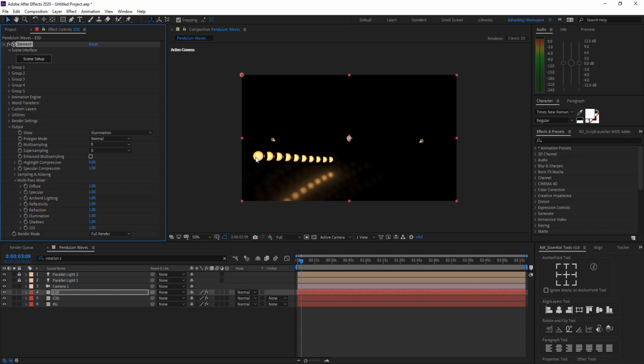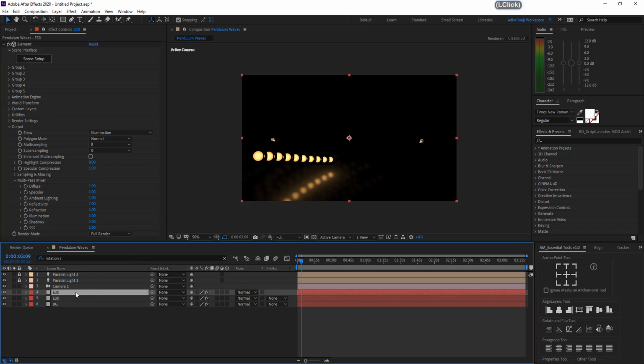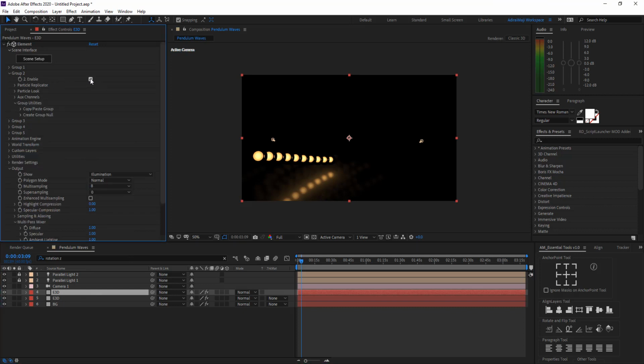You just want to see the real pendulum, not the reflection. So disable group 2 in this copied Element 3D. Go to group 2 and disable the preview. Now you can only see the pendulum spheres.